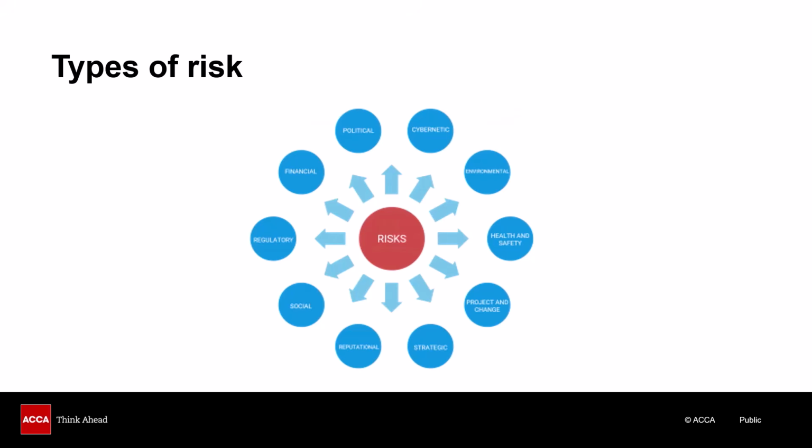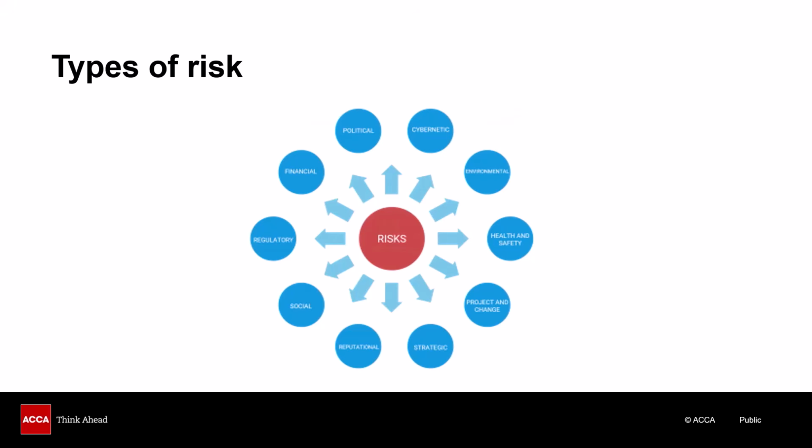As you see in this diagram here, there are all kinds of risks that an organization faces, from health and safety risks to political risks, so change in government, for example, risks in regulatory issues, so for example, if the regulations change, or if we don't meet the regulation that we're expected to meet in our industry. So as accountants, as professionals, if we're running an audit firm, then there are regulations that apply to the way in which we run that firm.